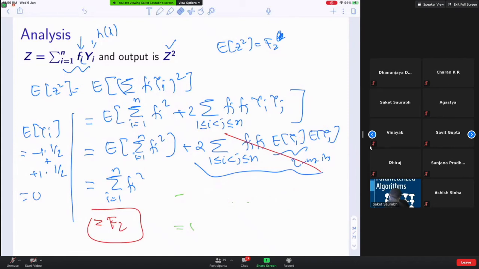But yes, many things in computer science we can do with limited independence: hashing, streaming, distributed algorithms, and so on. Basically, all this pairwise independence is important because we want to kill these products in the expectation. Otherwise, analyzing these probability events becomes very difficult for us.